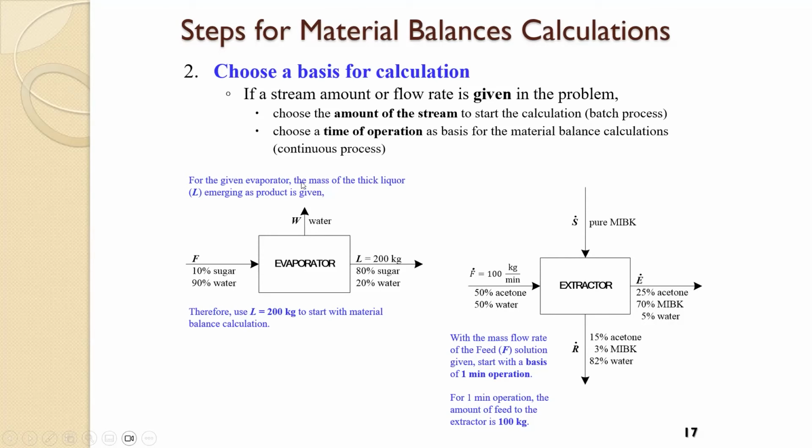So some of you might ask, which one should be the basis for my calculation? I can say 200 kilograms would be a good basis because if I am to produce 200 kilograms in this reaction, what I'll do is for every 200 kilograms produced, I can account for how much feed I have. I can account for how much water has evaporated. And in here, you can actually write your basis already. So let's say here, basis is 200 kilograms of the liquor.